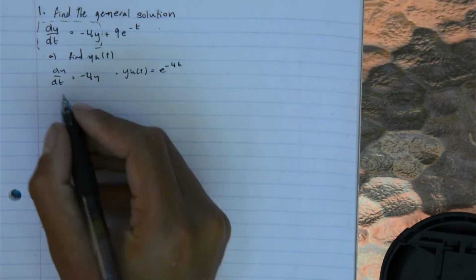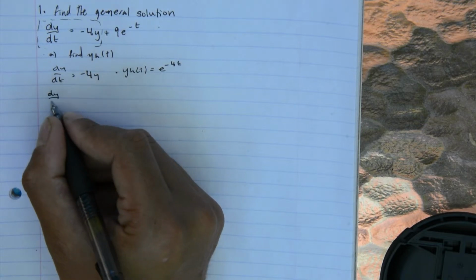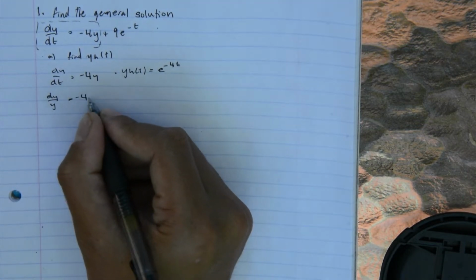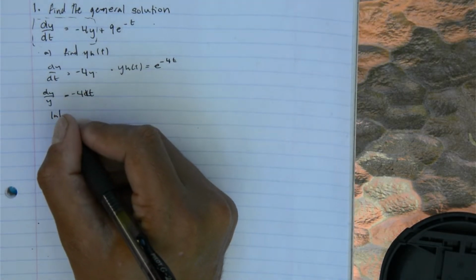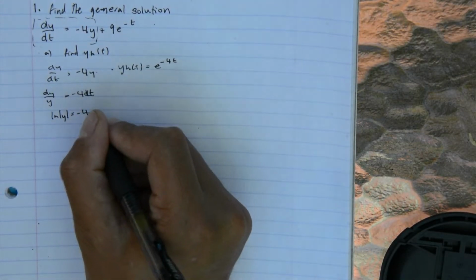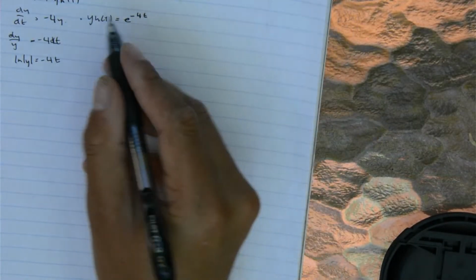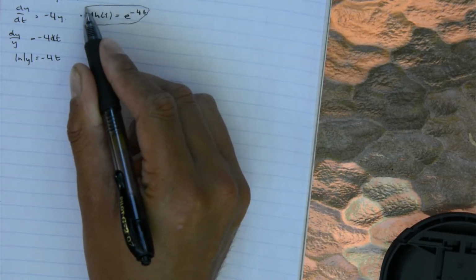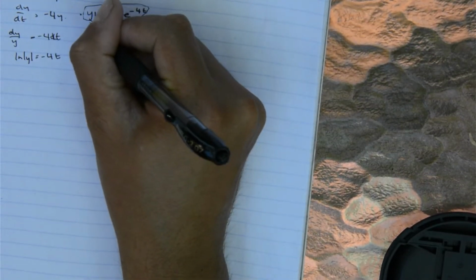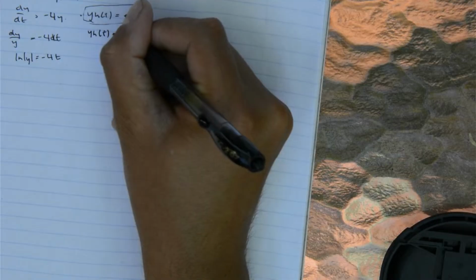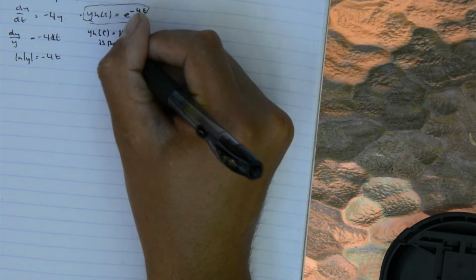Right? But let's just double check. So we're going to get dy over y is equal to minus 4 dt. So we integrate and we get ln y is equal to minus 4t. Okay, there we go. That's enough for me. So now, this is the solution. Well, I guess y_h of t is equal to k e to the minus 4t is the general